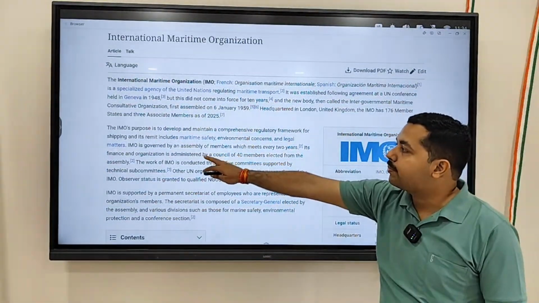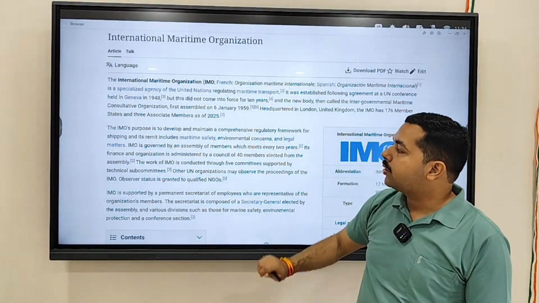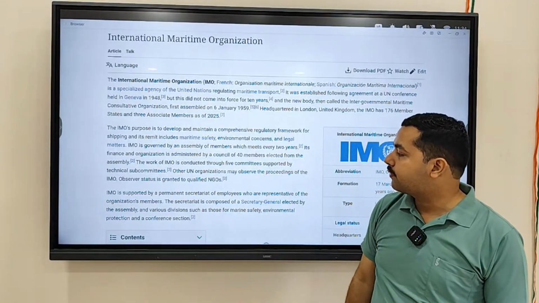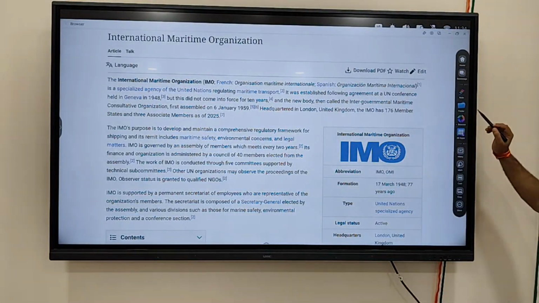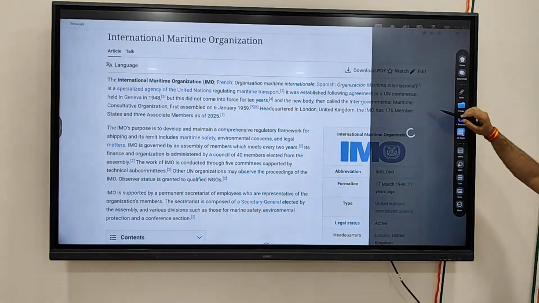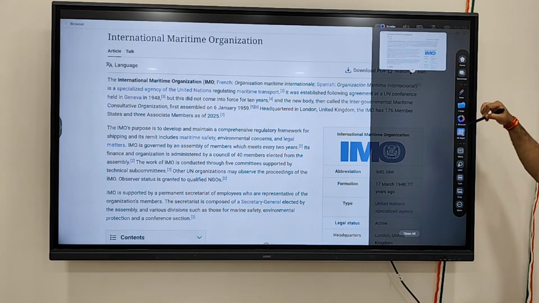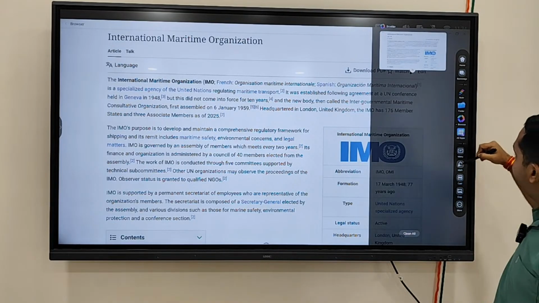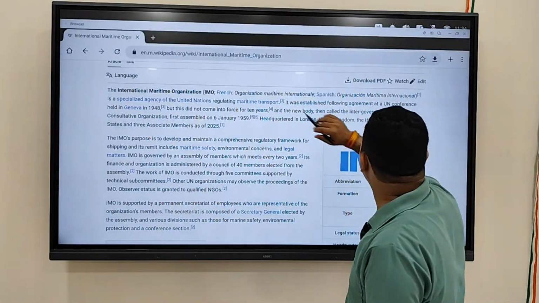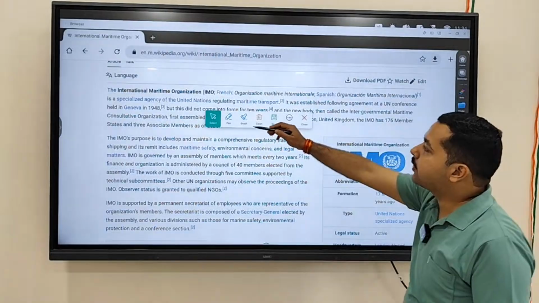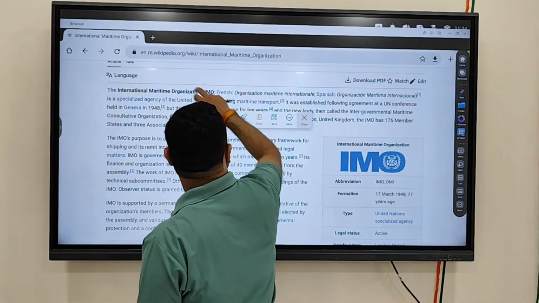You can see the purpose of it. It is shipping limit, maritime safety, environmental concern. All these things are being looked after by whom? By the International Maritime Commission. Fine. So this is an important aspect that you have to keep in mind with regard to the concept of territorial water and the concept of exclusive economic zone. If you look at the figure of that,